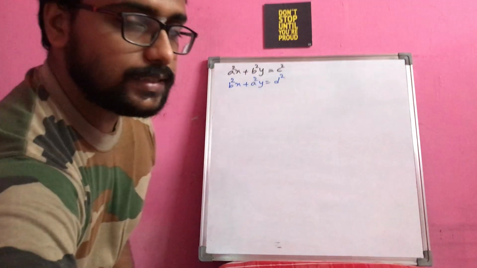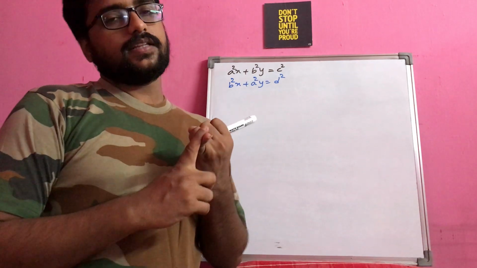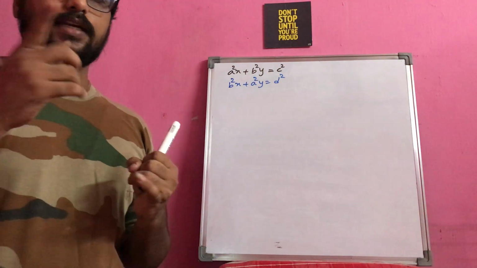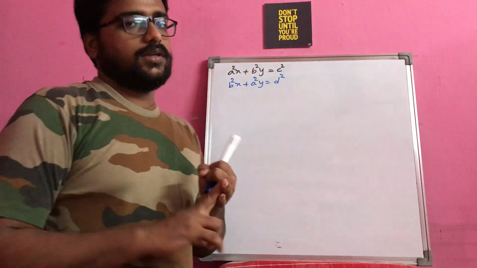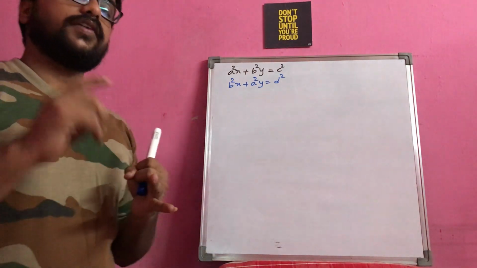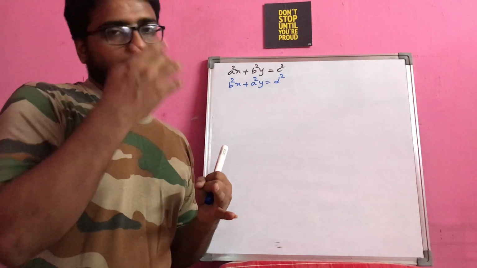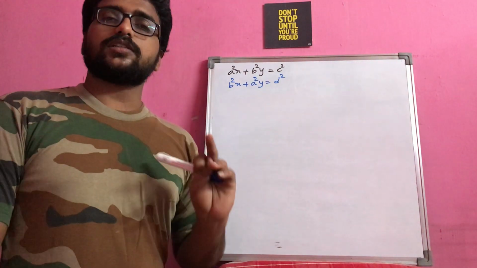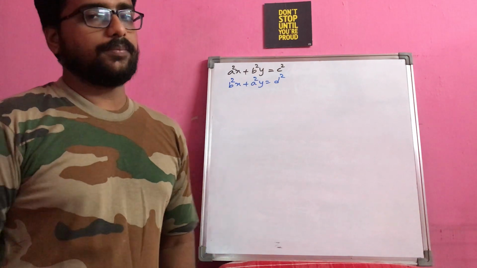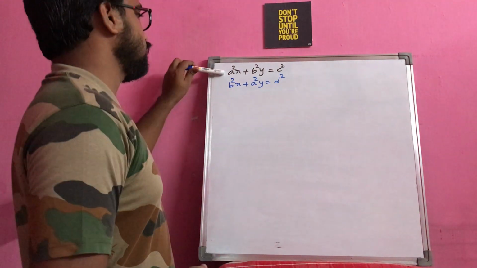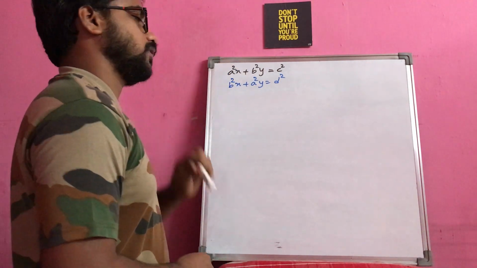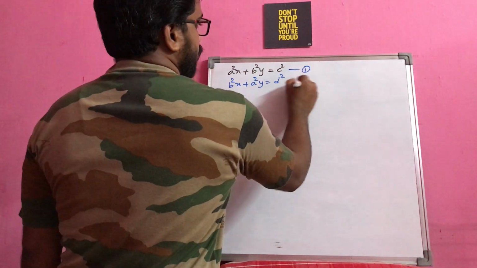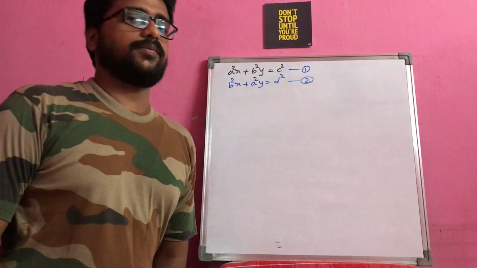So first step, as I told you, identify the different symbols. There are no different symbols at all, so that is violated. Come to the next one. Then you just have to think of any one term to be eliminated, either x or y, and accordingly think of what common factor has to be multiplied. Observe here: a square, b square, b square, a square. So the common multiple will become a square b square.